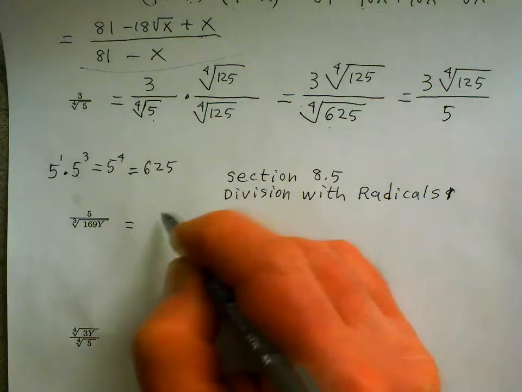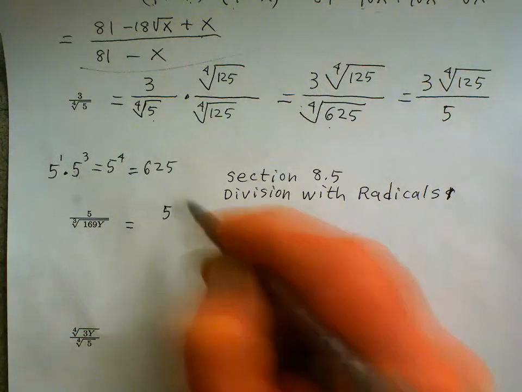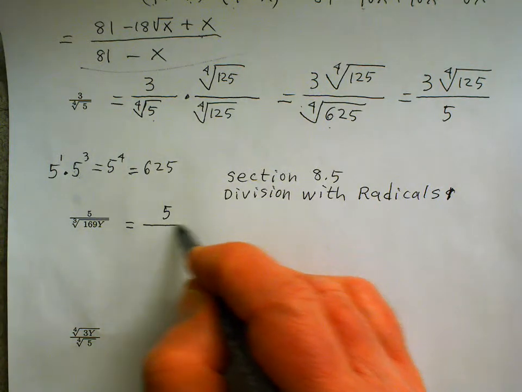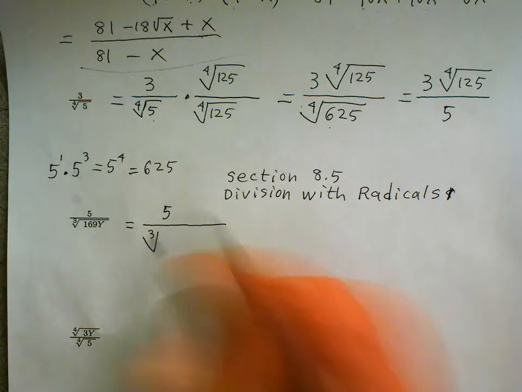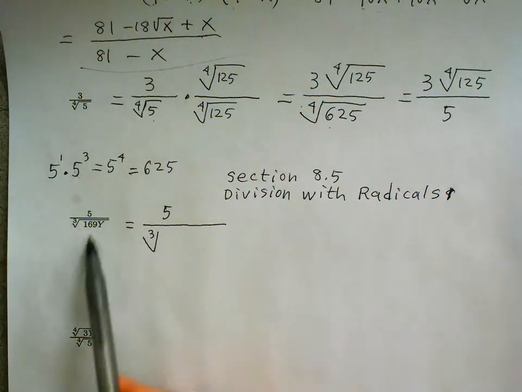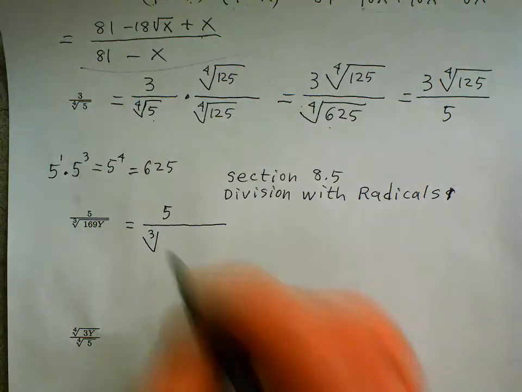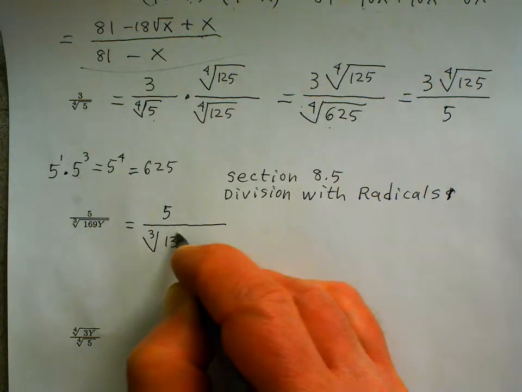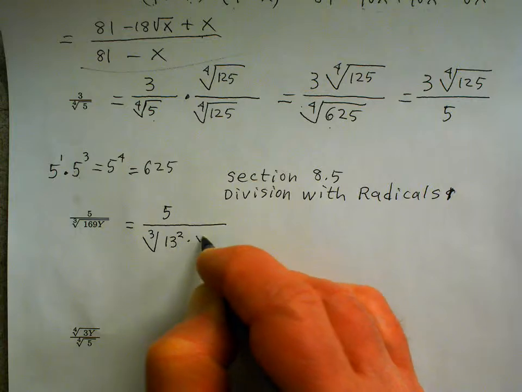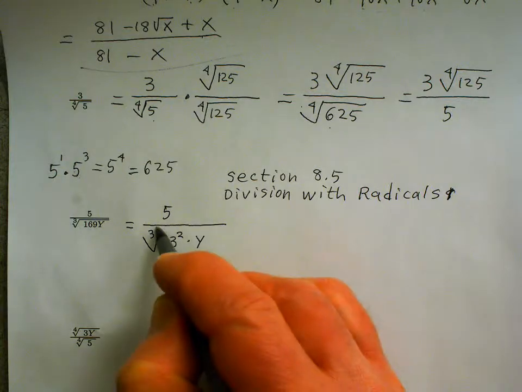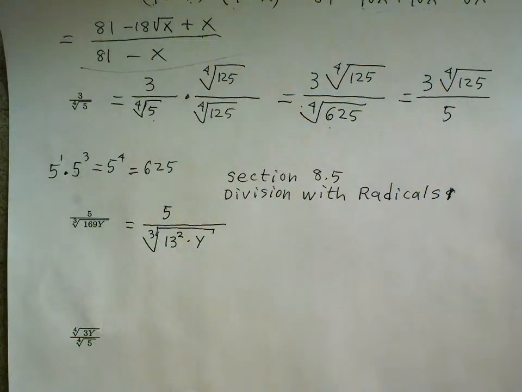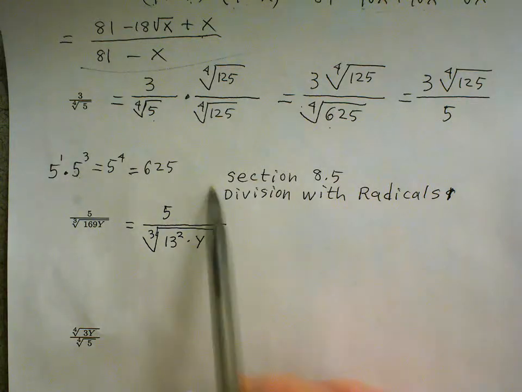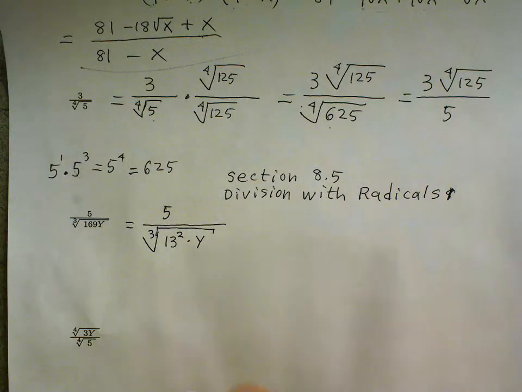So I'll rewrite this expression. So we have the cubed root of 169y. Remember that 169 is 13 to the second. And then we have a factor of y on the inside. Okay, so when rationalizing denominators,